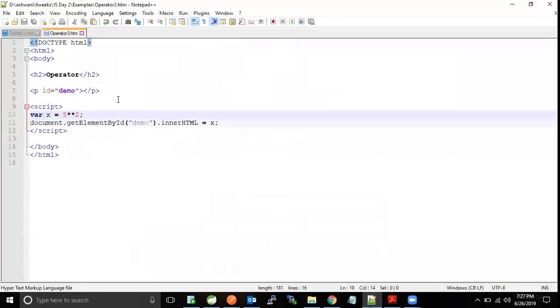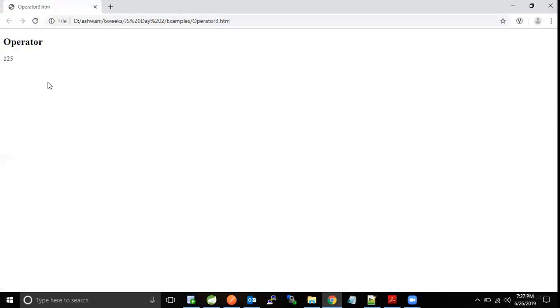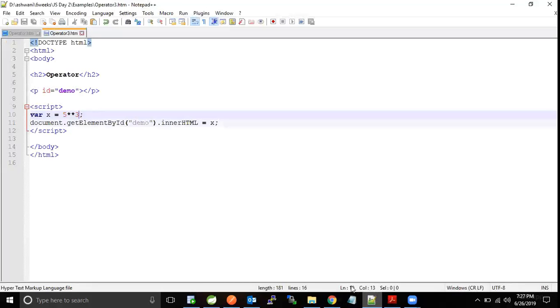Exponential is just giving me the power. If we do that and rerun our example, you get 125. So what we are actually getting is 5 into 5. How? This is doing nothing. Yeah, it will run also, no issues. If I do here only,